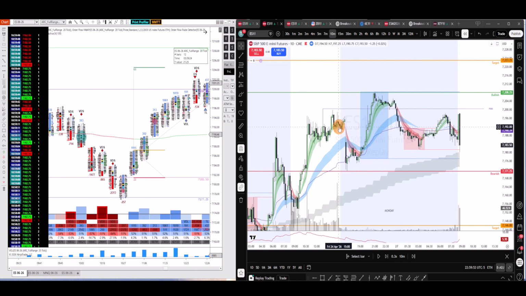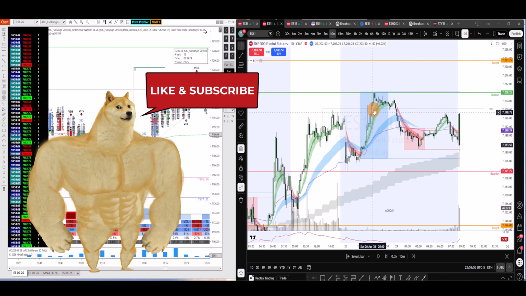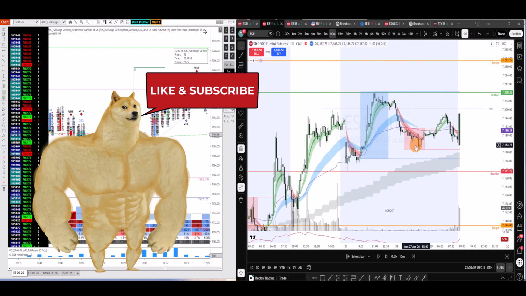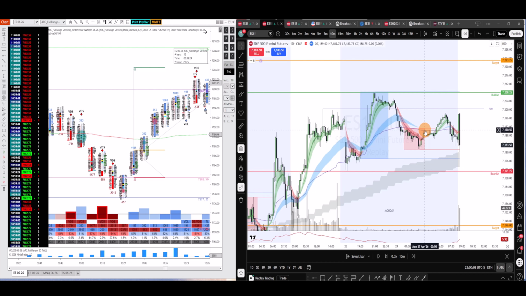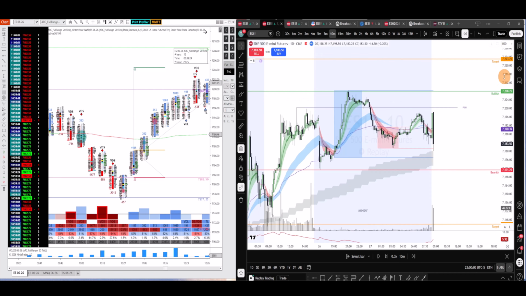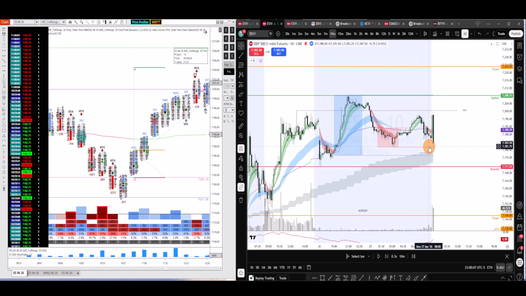What we saw overnight was consolidation, right? We saw the Asian session surge a little bit, London session pull back, consolidate, so on and so forth in a nice tight range. So headed into the day, what is it that I wanted to see take place? Well, we had a couple of key areas to the downside of price that I wanted to see at least